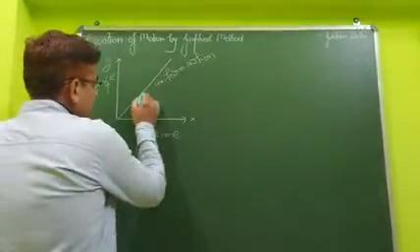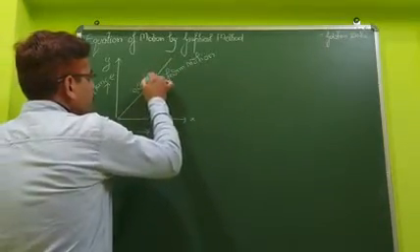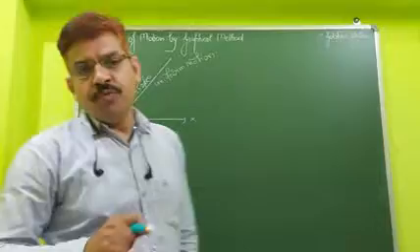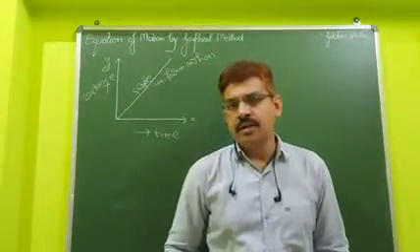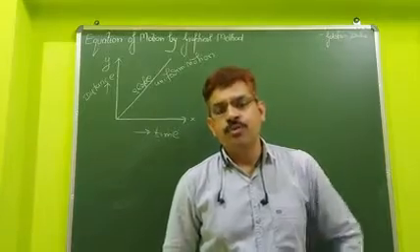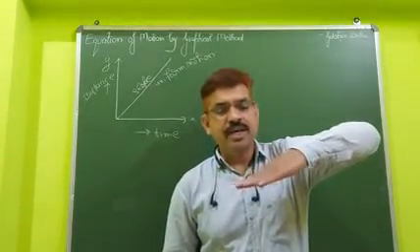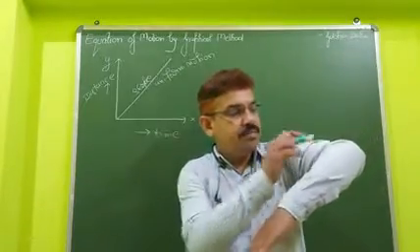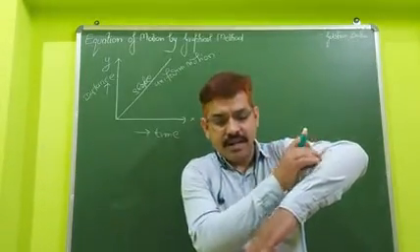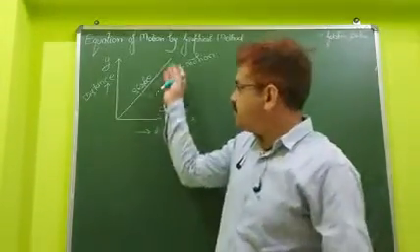So if you see, this is nothing but the slope of what. First of all, before going for the graphical method, you should have knowledge of slope. Then what is the slope? This is known as slope. When I put some object here, it will slide down. So that is called its slope.